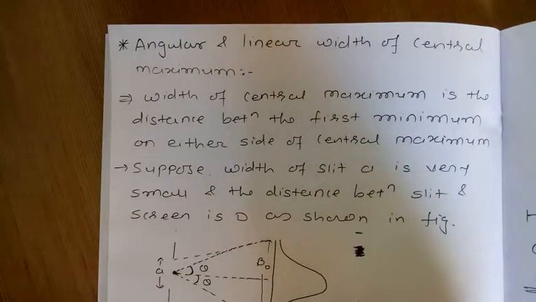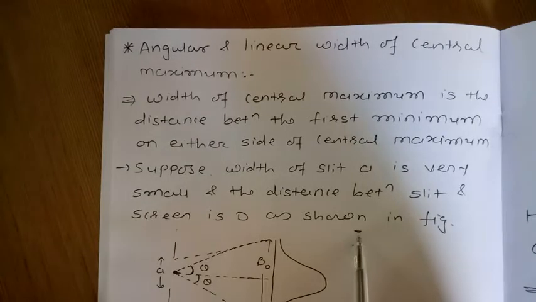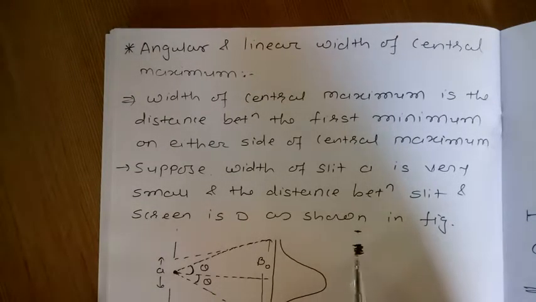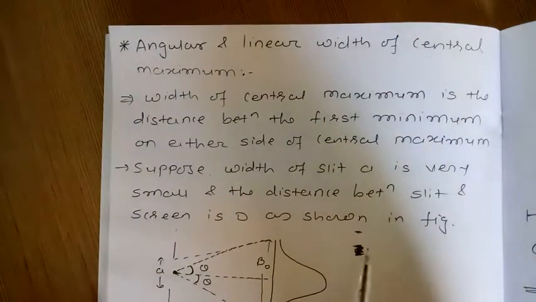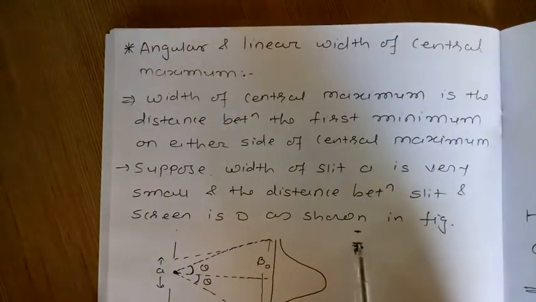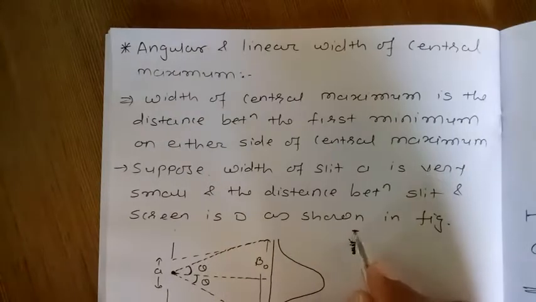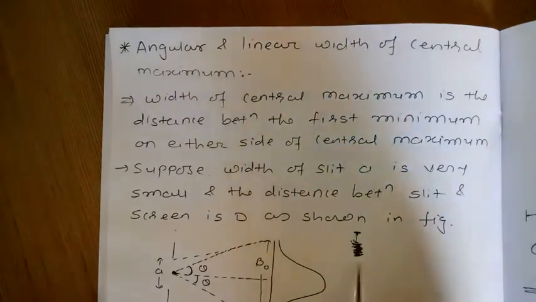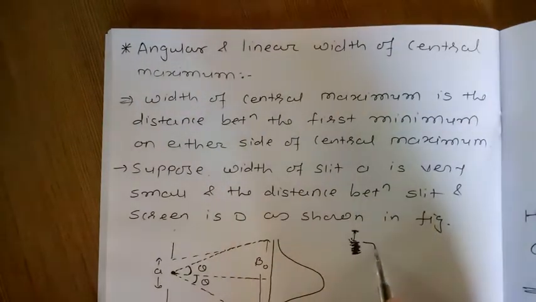So the width of the central maximum is the distance between the first minimum here and the one on the other side. This is the first minimum, like this part, and this is the width of the